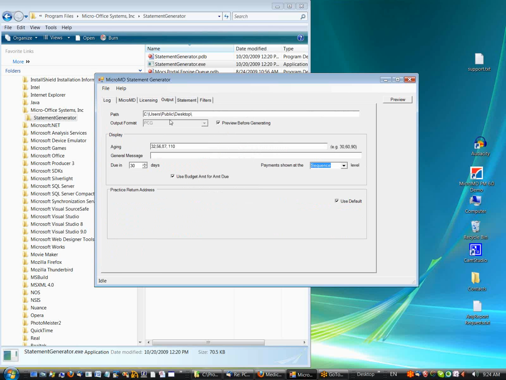The first line we see is the path, which shows the path where our output statements are saved out to. We also have a preview before generating checkbox, which allows the statements to be previewed when it's checked, and when it's unchecked, it'll just go straight ahead and generate the statements without allowing any kind of preview. And we have a visual cue on the button where the name actually changes from preview to generate when it's